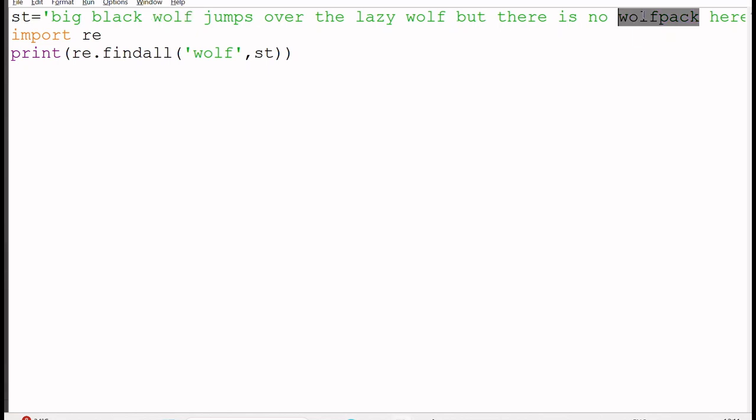but then this wolf does not have wolf as a word. It's part of another word. Wolfpack is the word of which wolf is a part. Now we do not want wolf matching partly. We are looking for whole word wolf. Then we can make use of this escape sequence. If you can recollect from the table that we saw, there is an escape sequence for border. So if I say \b wolf \b, it means I'm bordering the word wolf, which is to be understood as wolf occurring as a single word, not as part of another word. So now when you execute,